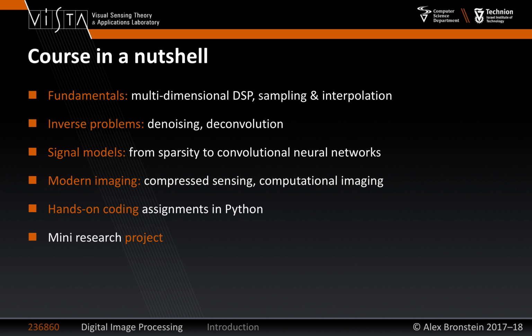So we'll start with continuous domain multidimensional signals. We'll learn one of the main workhorses of signal processing, the Fourier transform. Basically, we'll see different properties of this transform. Then we'll talk about sampling and interpolation. We'll see that when we go from one-dimensional signals to multidimensional signals, there are more interesting ways of doing sampling. And I will show you concrete examples where these kinds of non-trivial samplings actually work in real cameras, for example.